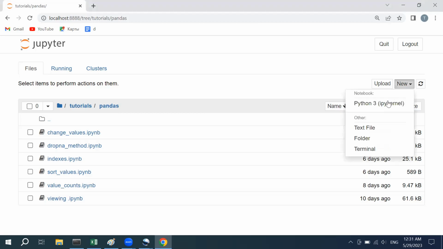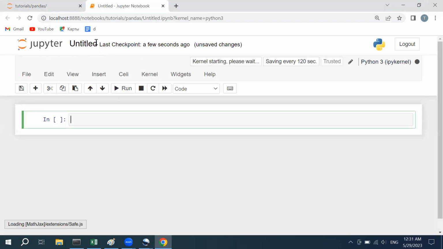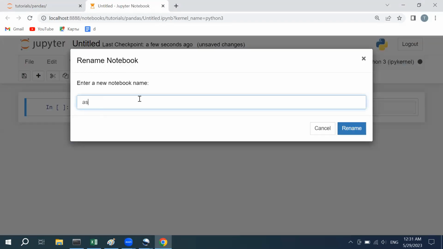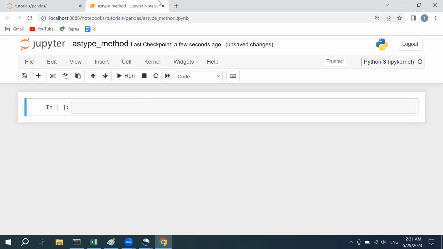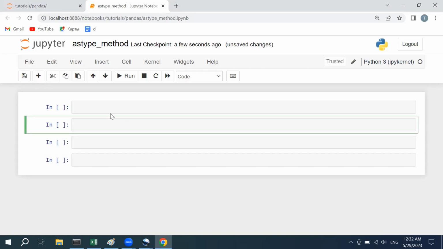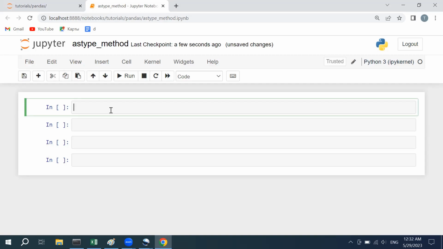So let's first create a new file and call it astype method. Okay, let's first try to read our file, and then we will use the method itself. As I have explained, the astype method is used to cast pandas objects to a specified data type. So first let's import our pandas library